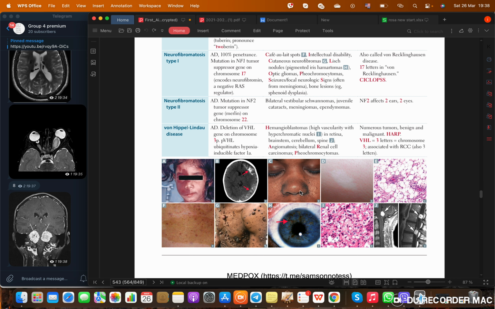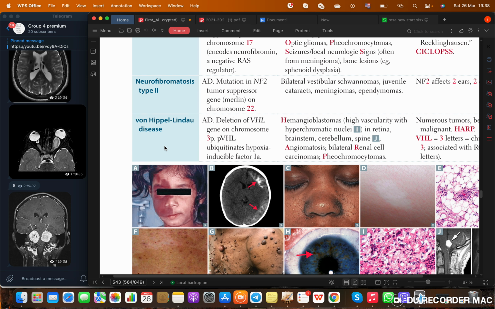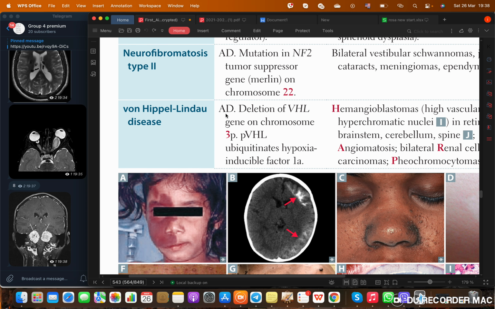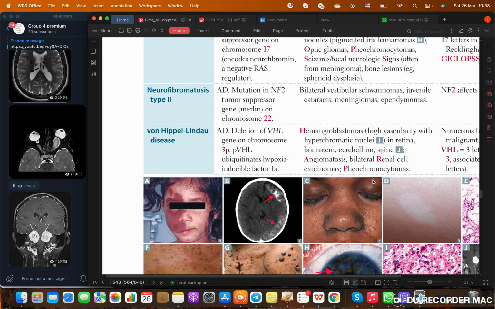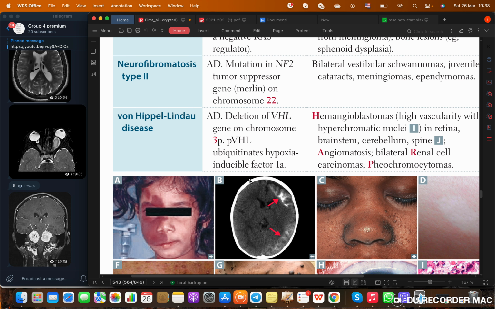The next thing to appreciate is von Hippel-Lindau, VHL, chromosome number 3. So it is an autosomal dominant deletion of the VHL gene on chromosome 3p. VHL ubiquitinates hypoxia inducible factor 1A. Okay, so what's up with this patient? This hypoxia inducible factor 1A is basically going to lead to,